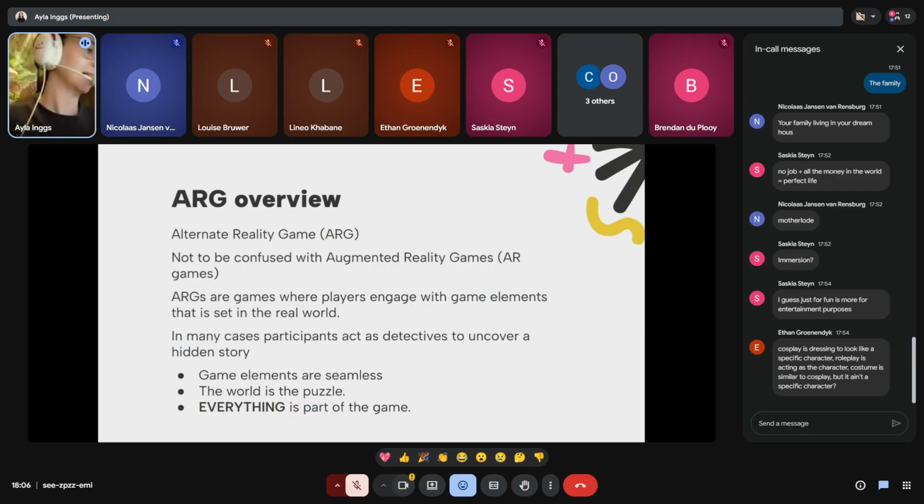In many cases, we are given a popular game or a popular TV series or something like that, and people who consume these media are invited to participate as detectives or storytellers or narrative investigators, if you want to call it that, to uncover a hidden story related to that specific media.